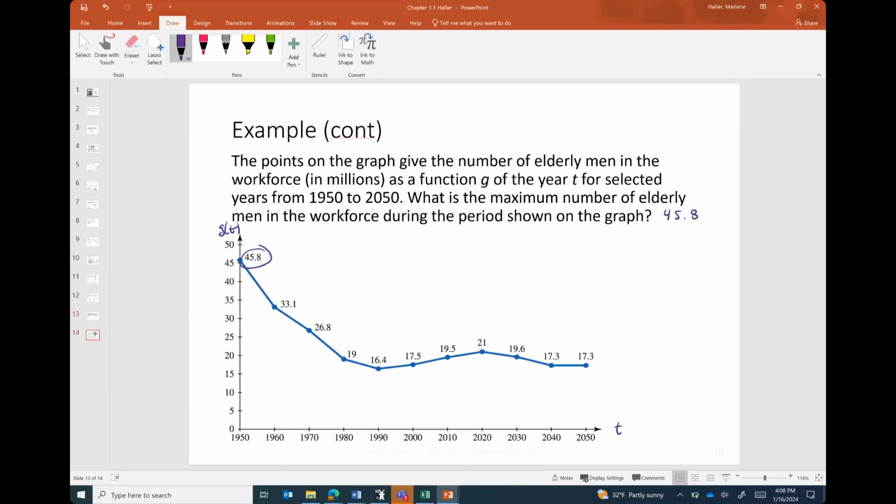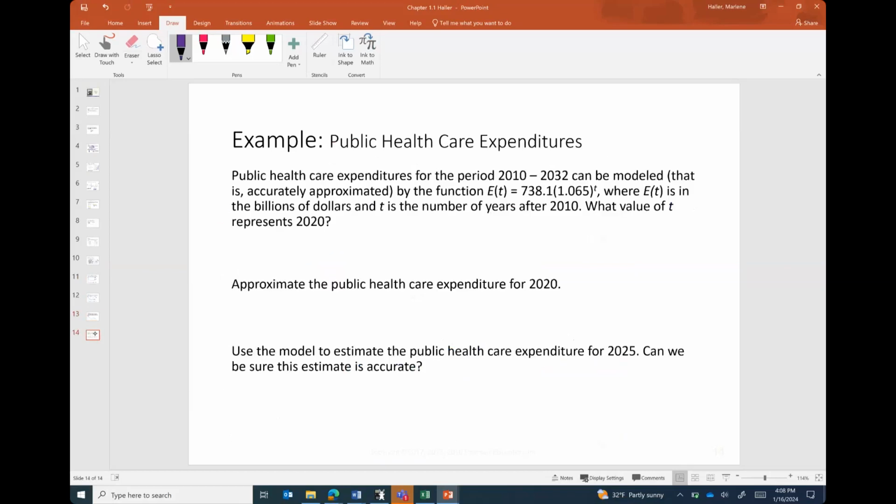Okay, let's do one more thing in this lecture. Let's see if we can use a function to answer some questions. Here we have a function that shows us public healthcare expenditures for the period of the year 2010 through the year 2032. We have a model right here. E of T equals 738.1 times 1.065 raised to the T power. E of T is in billions of dollars, and T is the number of years after